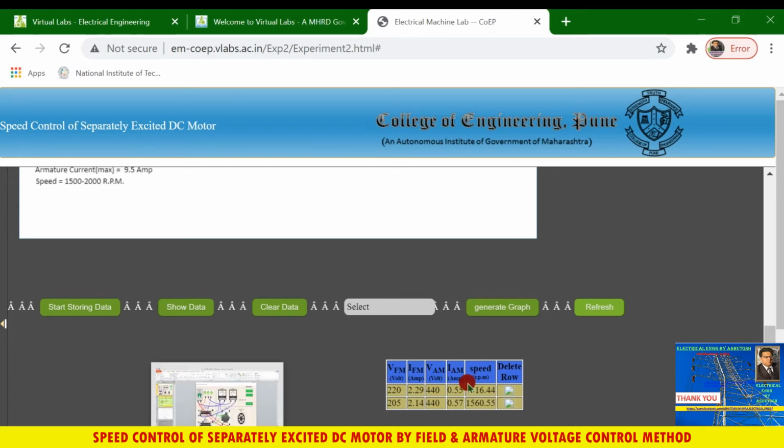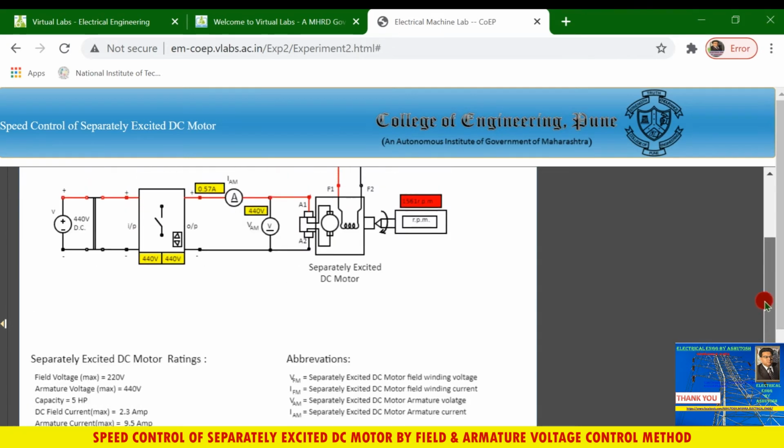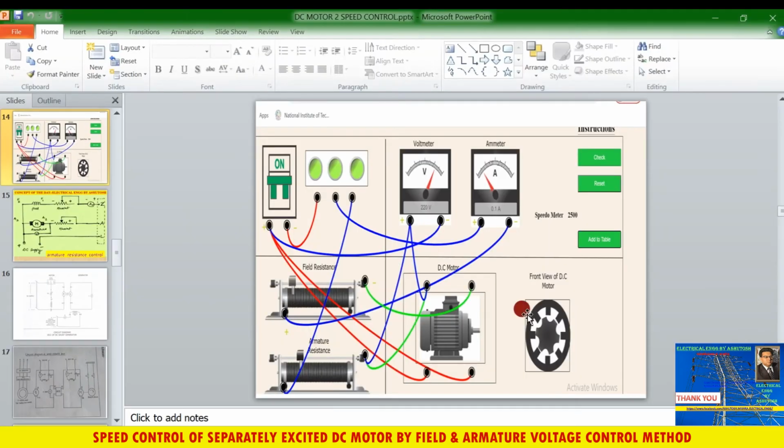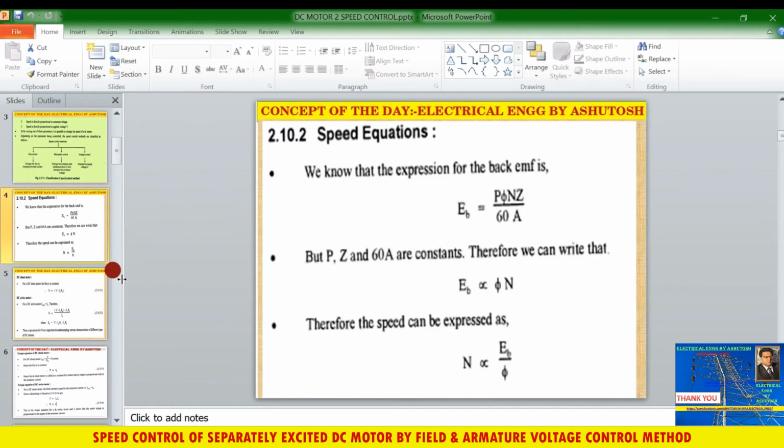So what is happening, guys? You can see the field voltage is decreasing, field current is decreasing. That's why field flux is decreasing, therefore speed increases. You can clearly see this formula in the PowerPoint presentation. You can see the speed is inversely proportional to flux.